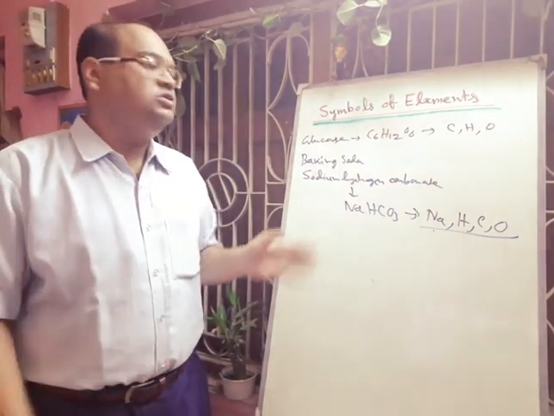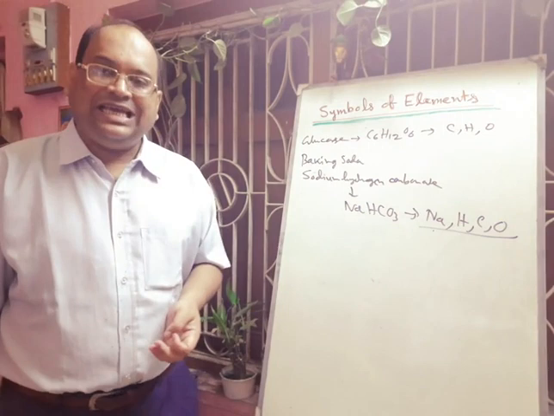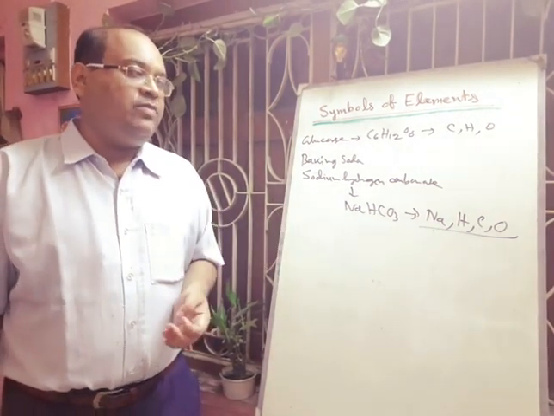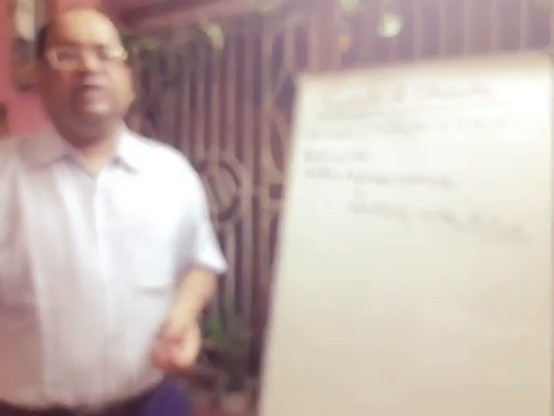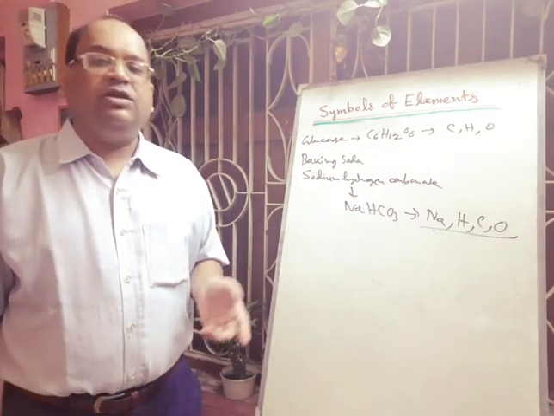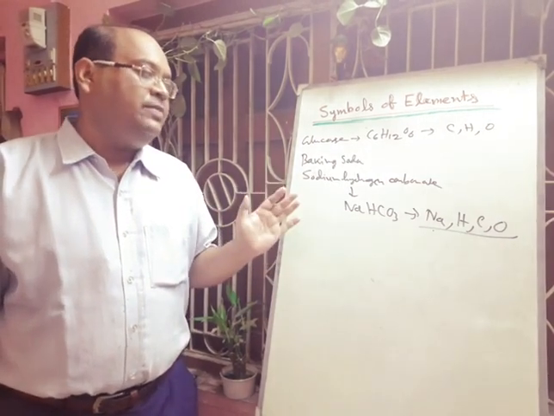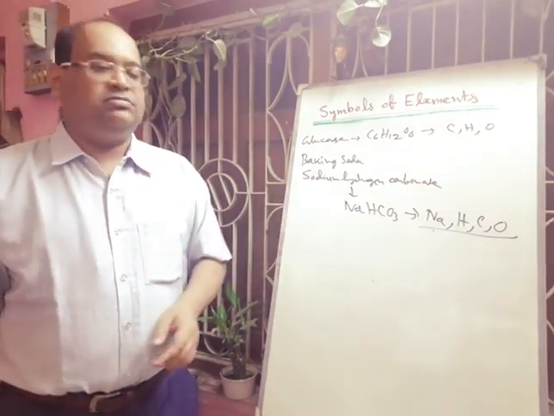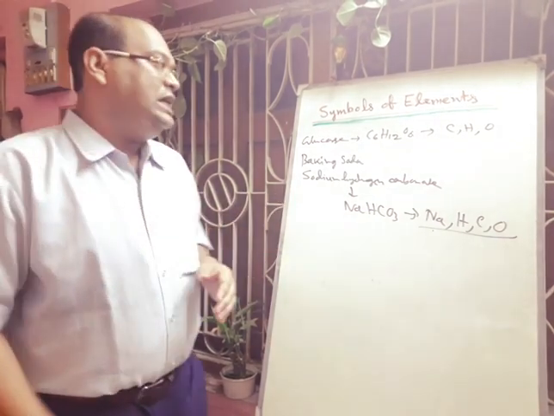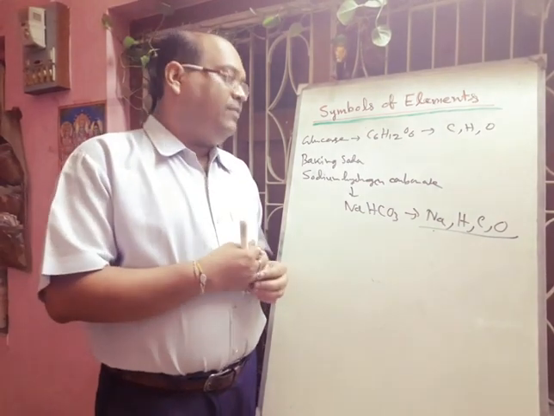So in this way, common salt, its formula will be NaCl. Okay, and the types of constituents will be sodium and chlorine. You can think about the carbon dioxide molecule. In the carbon dioxide molecule there is only carbon atom and oxygen atom. Okay. So in this way you have to study the formula of a compound.